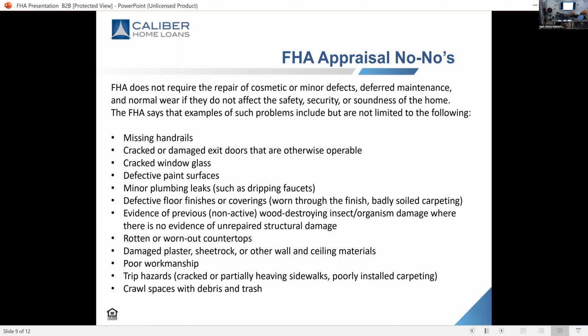Minor plumbing leaks. There'll be times when the toilet just keeps on running, right? I think the kit to fix that takes $250 at home. I'm just saying. And I can do that for you. Mike, if you see this, it's such an easy fix, guys, it's not as bad as you think. Defective floor finishes or coverings worn throughout, badly soiled carpeting, evidence of wood destroying insects or unrepaired structural damage, rotten or worn out countertops,